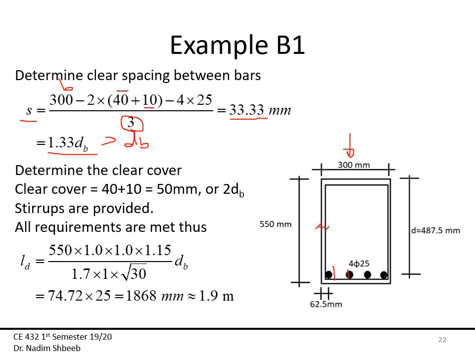Clear cover again is to the surface of the steel, so that's going to be my 40 plus 10, so that's 50 millimeters, which is 2 dB. I have stirrups every 150 millimeters, which means I'm covered by more than the code minimum. So I have all the requirements for the first condition. Then development length is going to be Fy times, there's no zinc, it's not on the top, it's on the bottom. I have a grade 550, so I have to multiply by 1.15, divide by this factor 1.7 times 1, square root of 30, and it's giving me about